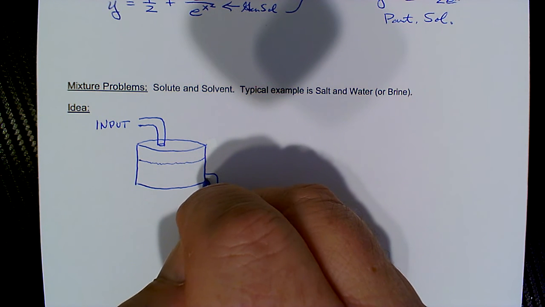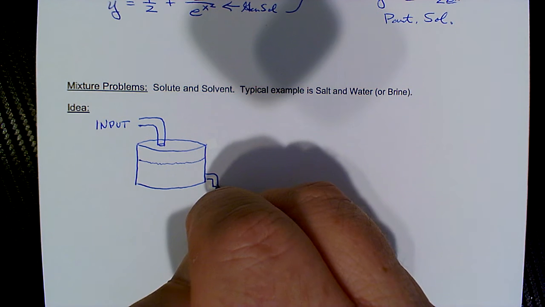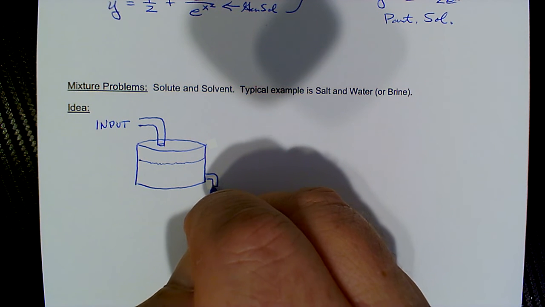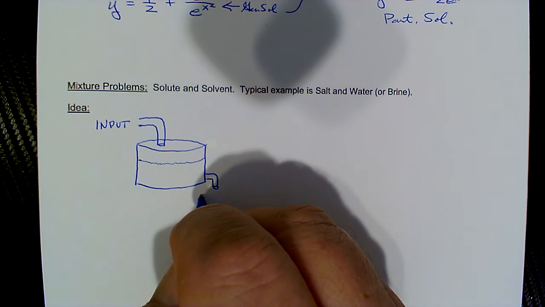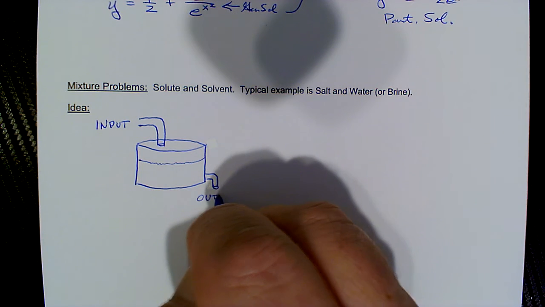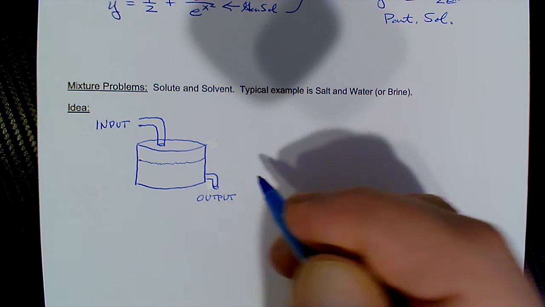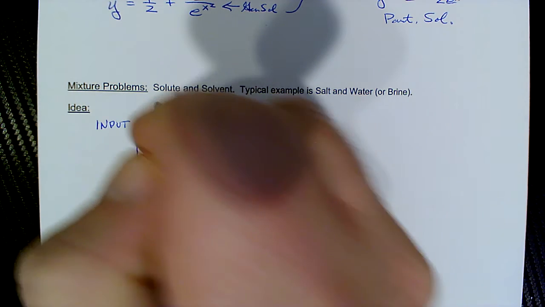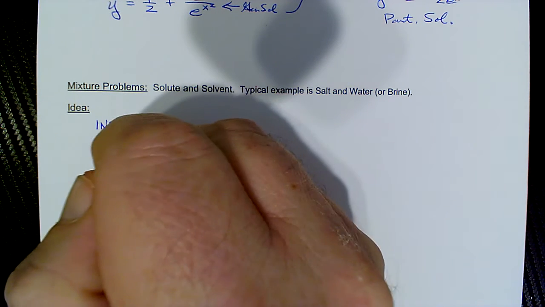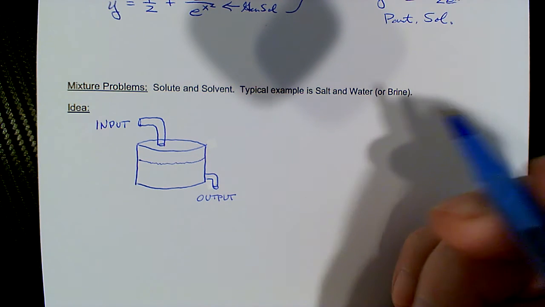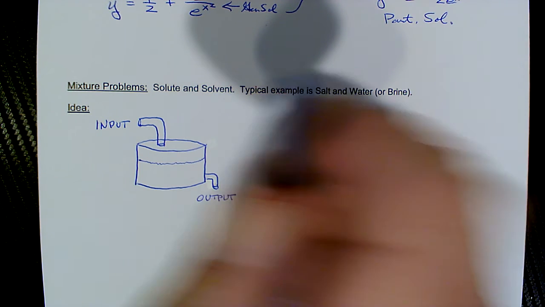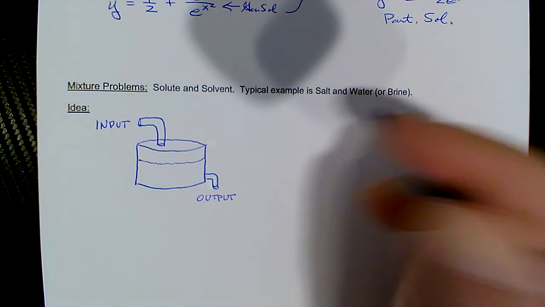It'll be at the bottom of the tank. And that's our output. Okay, so let's say that something, a volume of, it could either be pure water or maybe a mixture of water and some of the solute,